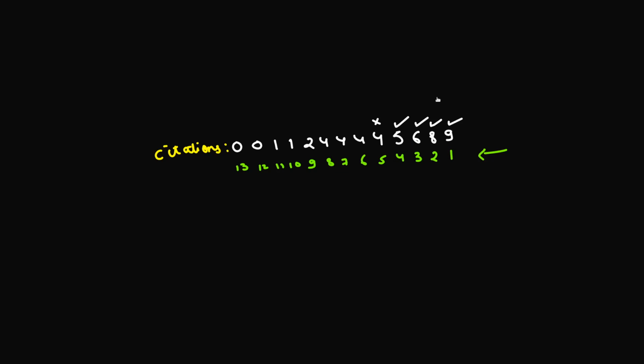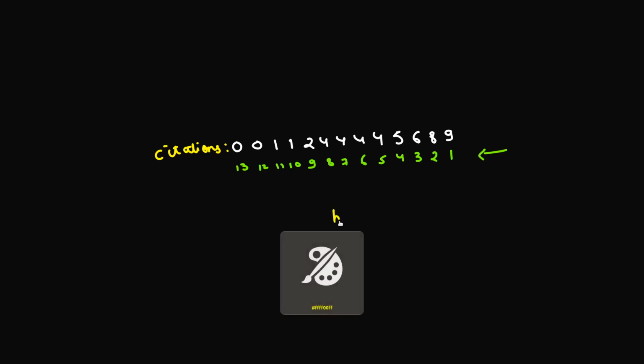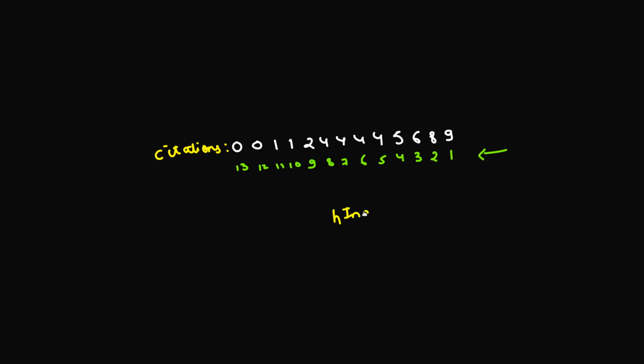Okay, so this is the approach that we have used before, which is the O of n approach, where we just start traversing the array from the back and we see whether a particular number can be h index or not. Now what we'll be doing is implementing the same using binary search, and we'll be applying binary search on the h index. That is, we'll directly try to calculate whether a given number can be h index or not.